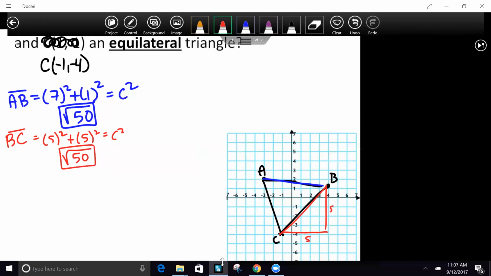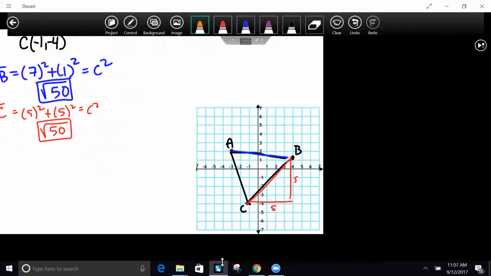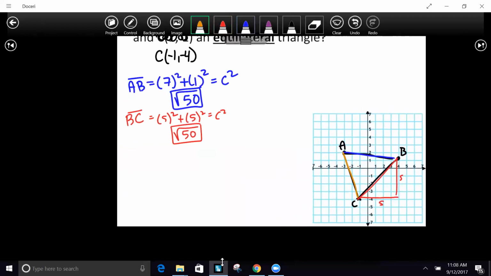The next one over here, we're going to do AC. So AC is going to be what? Going down, was it 1, 2, 3, 4, 5, 6 over 2. Square root of